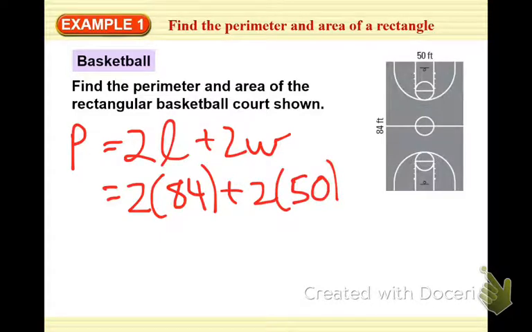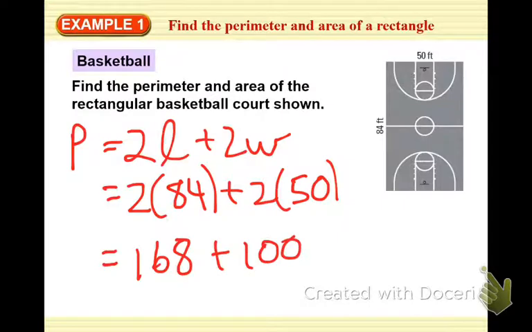And then you calculate. We're taking notes. So 2 times 84 is 168. 2 times 50 is 100. So the perimeter is 268